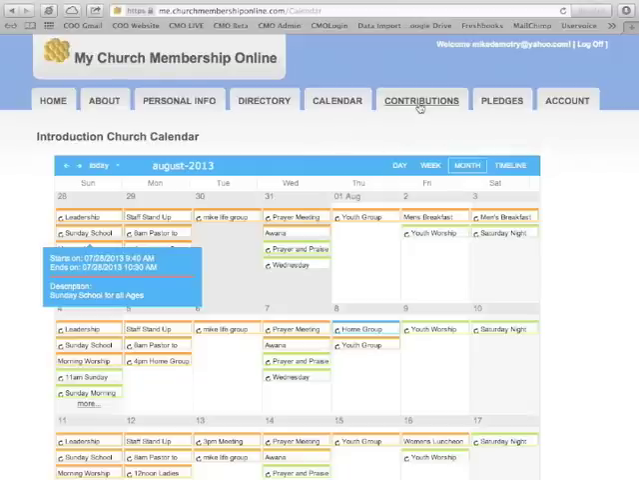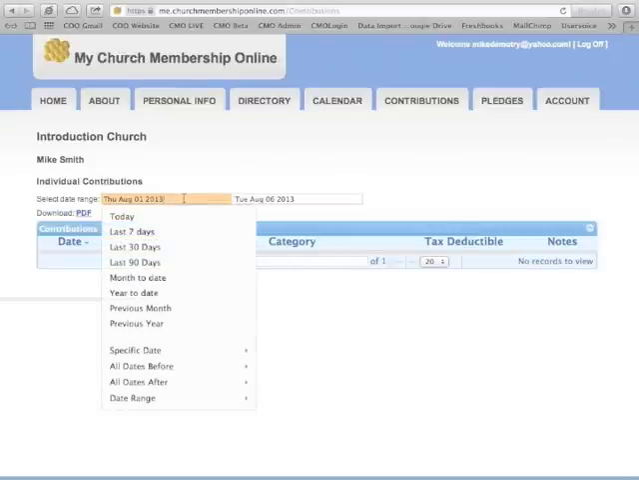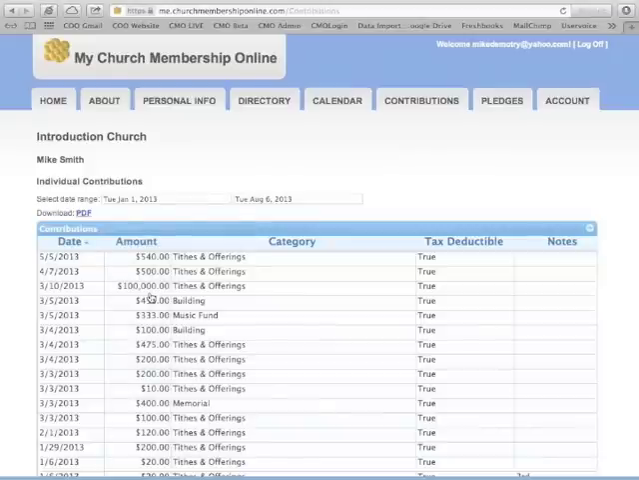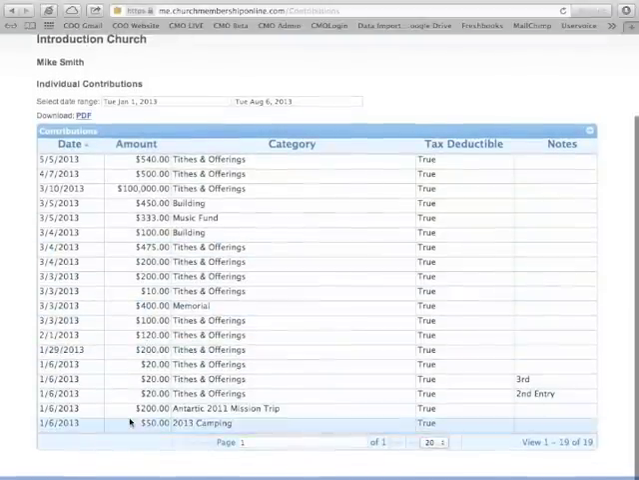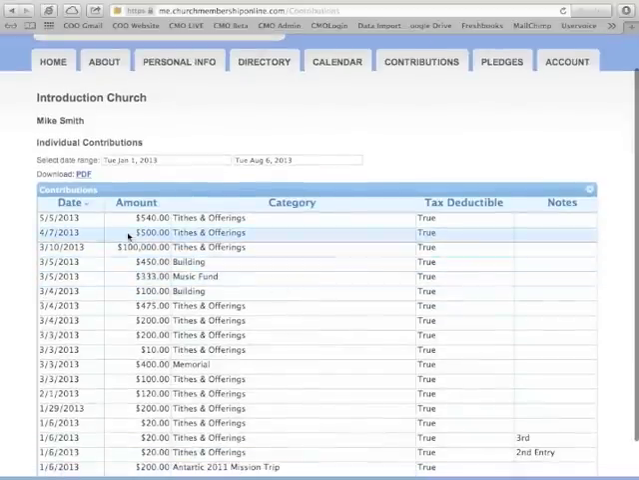Also, you not only have a calendar you can view, but you can also view your contributions. This is a great utility because you can basically view whatever contributions you have made. Just click in the first field. You can choose from the selection below or enter in dates as you see them pasted above. Say if I wanted to go year to date to find out how much I've given from January through to the last time I gave, you'll see that those contributions are listed here by date, amount,